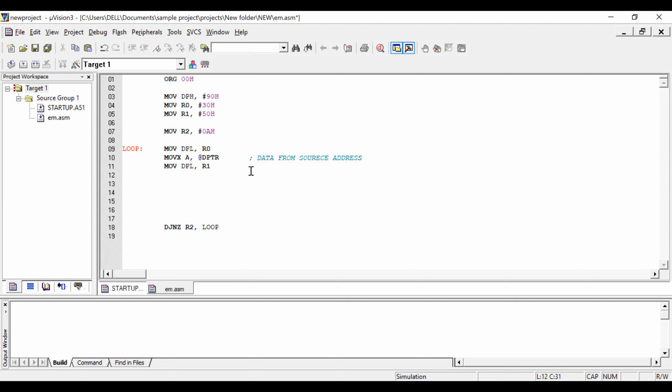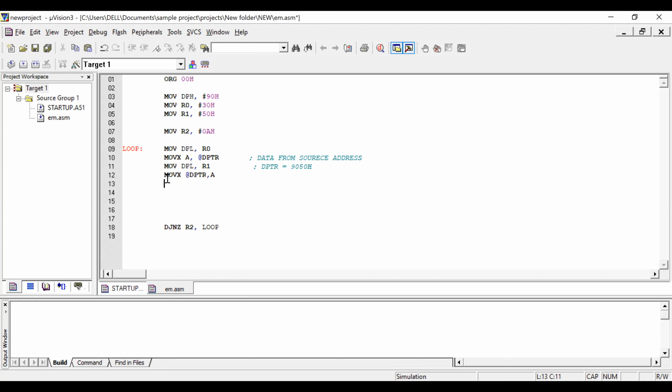Then DPTR will be 9050. Now I'm going to use external data transfer: whatever the data in the accumulator is moved to @DPTR.